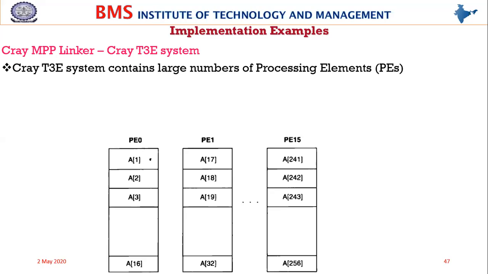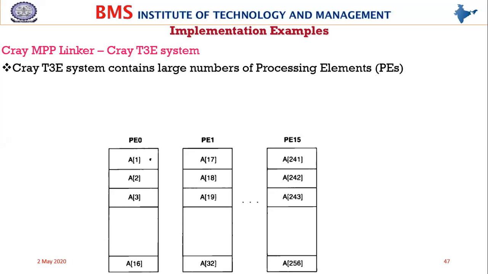The special thing we need to understand is that this Cray MPP linker or Cray T3 systems support parallel processing. That's the reason the Cray T3 system contains a large number of processing elements. The processing elements share the memory, so they are processing the required code or task in parallel. We shall see exactly how it works. As of now, you understand they contain a set of processing units. Each processing unit is part of a cluster of parallel systems wherein each processing unit has its own memory and has access to the hard disk, the file system and other resources. So like that.